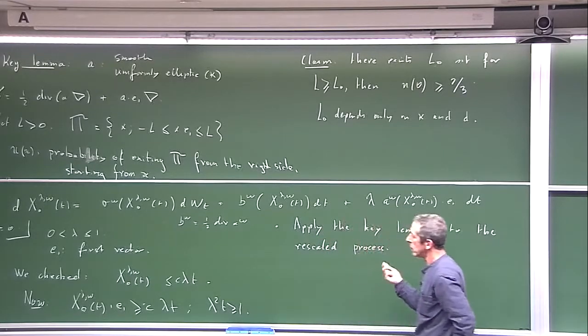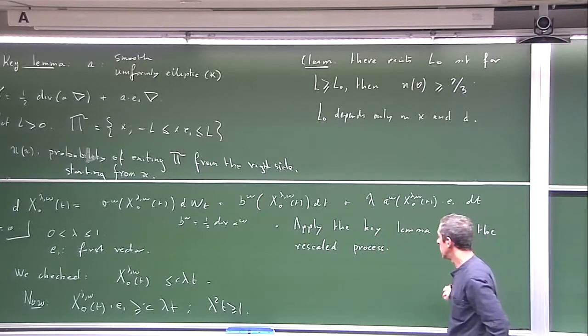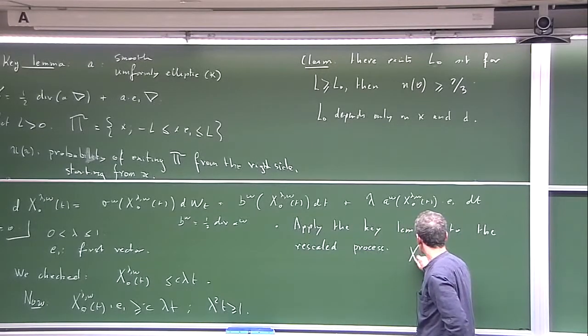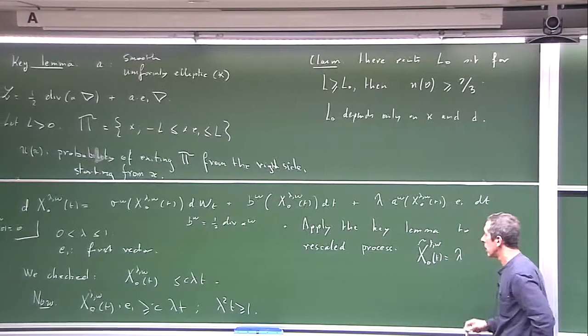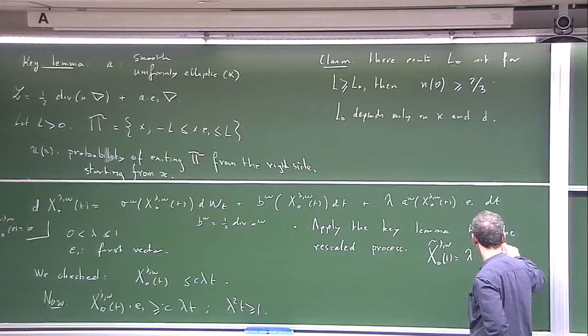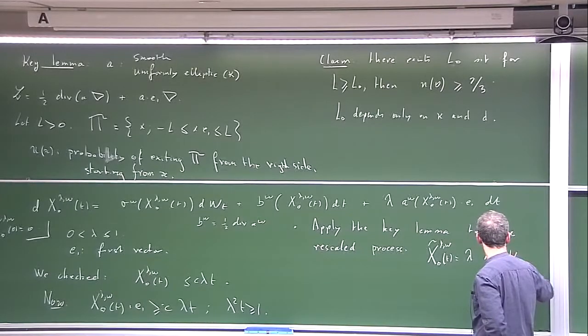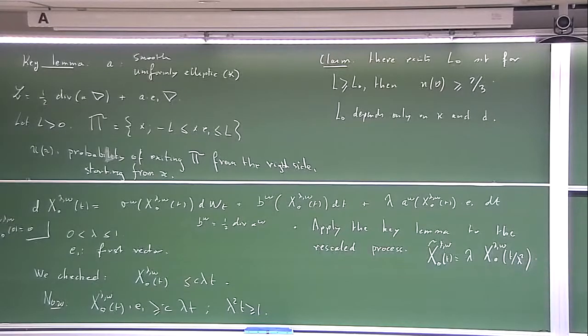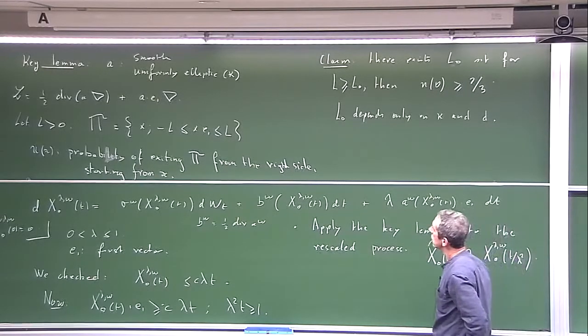So as we did in the last lecture, we rescaled things. Instead of considering the process X, we consider the process with a tilde. Usually the tilde for me denotes the fact that we change space by a factor lambda and time by a factor lambda square. So we just look at the rescaled process on this time-space scale, and it will work because